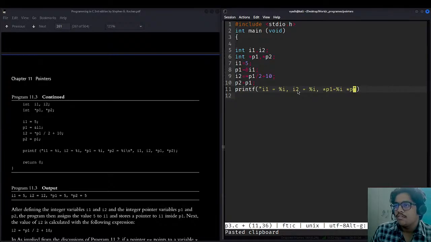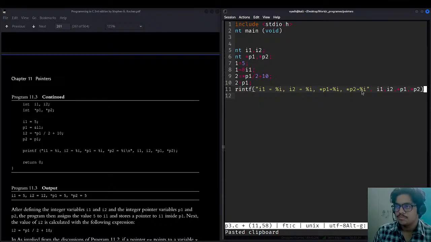So we have done I1, I2, P1, comma. Then P2 is equal to again percent I. So 4 in total will be needed now. Okay, done. And now I1, comma I2, comma P1, comma pointer P2.